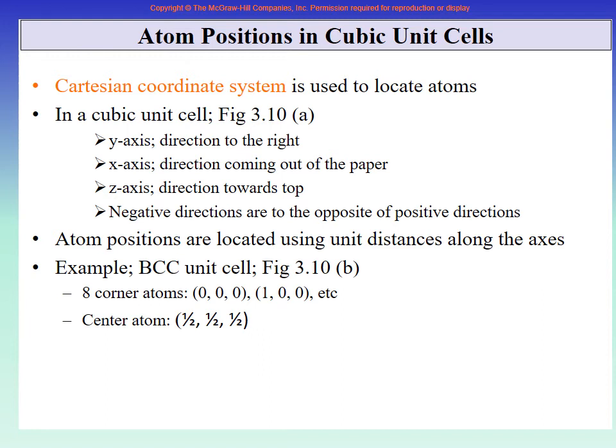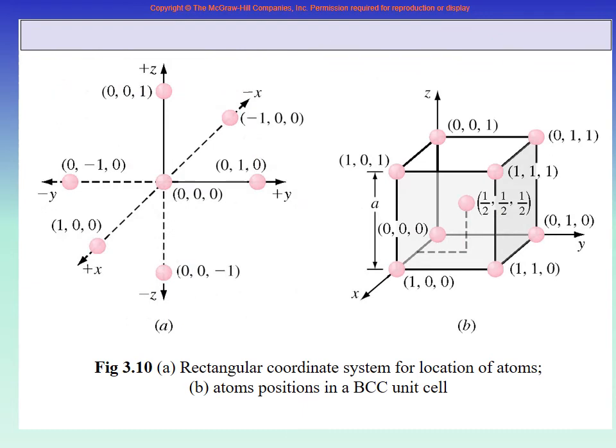So we remind ourselves of the basic coordinate system, the Cartesian coordinate system, x, y, z. So we use x, y, z, and then we use it. So let us see the figure. So this is a cube. This is just a cube. FCC, BCC, whatever, it is just a cube. And this is x, y, z.